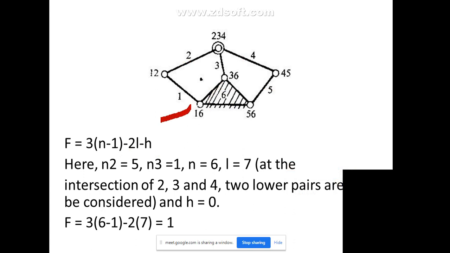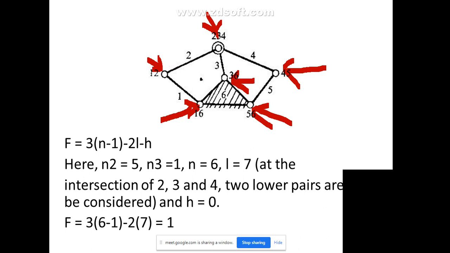So see here, I'll just highlight the joints. 1, 2, 3, 4, 5, then 6. Okay, so total 6 joints are there, but always you have to be careful whenever at any intersection, if more than 2 links are connected, in that case you have to add +1, or you have to add one more